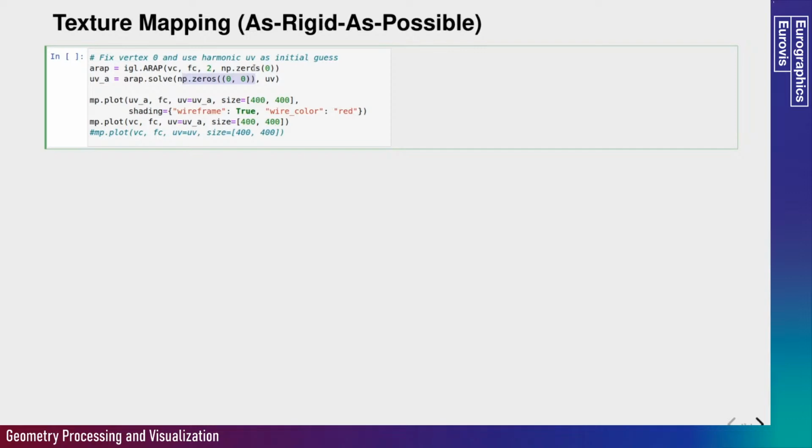In addition to this fixed boundary vertices, we also need to hand in an initial guess for all other vertices, and for this we just use the UV map that we calculated with harmonic parameterization. Again, we get back another UV map, which is the one we calculated in a way that it's as rigid as possible